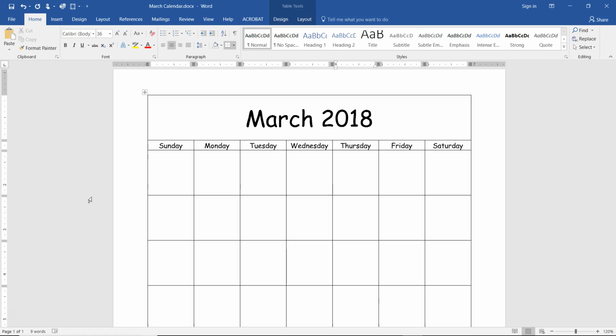So I'm going to type a 1 in Thursday, the first row. I'm going to hit the tab key and type over and go over to Friday, 2, tab 3, tab 4, tab 5, tab 6, tab 7. You see how easy that is, right? Okay, tab again, 8. Now, okay, obviously I made a mistake. Not a big problem. Go back to where you made the mistake, 9, tab,